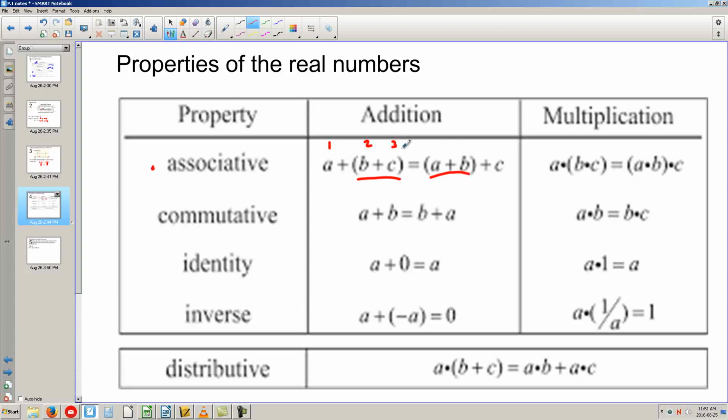The order of the numbers, or the order of the letters in this case, didn't change. It was A, B, C. Then it stayed A, B, C. What changed was the grouping, where the parentheses went. And in addition, where it's all addition, or in multiplication, where it's all multiplication, it doesn't matter where the parentheses go. This is the same as saying that if it's strictly addition or multiplication, and you can include subtraction and